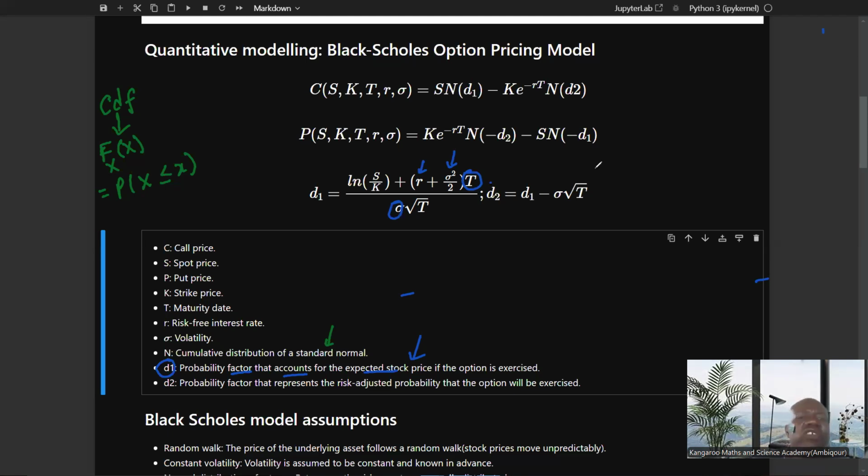Also this for D2. We're going to use this function in pricing a call or a put, to check whether we are at the money, in the money, or out of the money, depending on the type of the